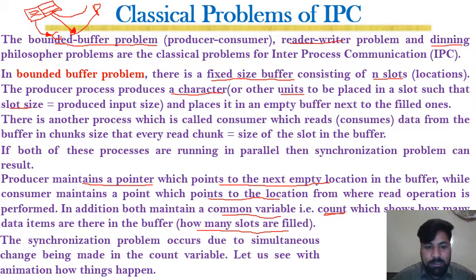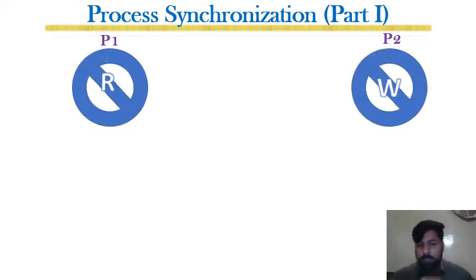Now let's understand how things happen. For example, we have two processes, P1 and P2. P1, you can see here, is a read process, or a consumer process. So it is basically the consumer process, and P2 is the writer, or we can say it is the producer process. So P2 basically produces characters and places them on the input buffer, and similarly the consumer, P1, reads